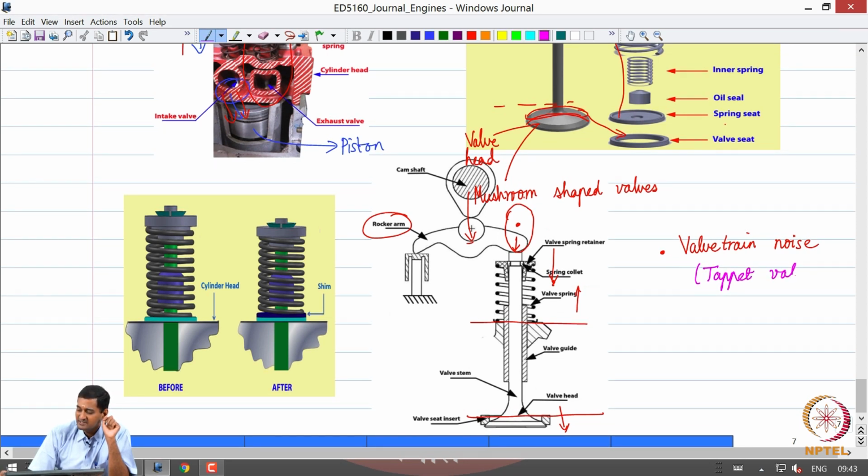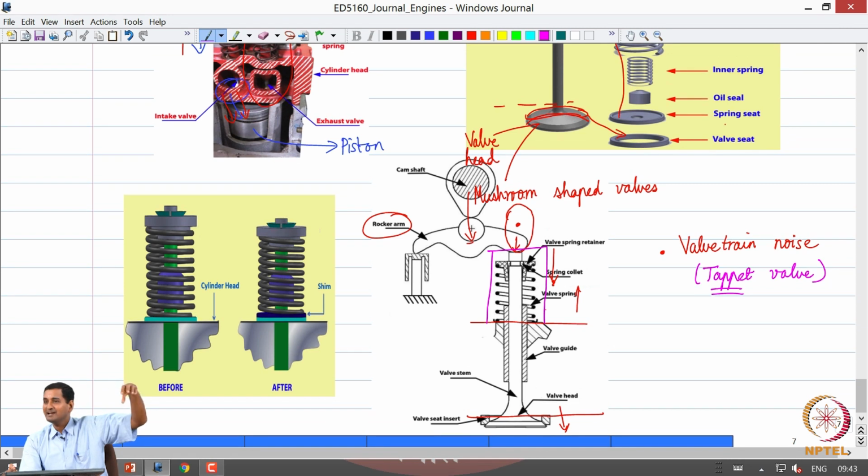What they do is that they put what is called a tappet on top of the valve stem. A tappet is nothing but an oil filled container which is just put there. So, the contact between the cam or the rocker arm does not happen on the valve stem, but on the oil filled tappet. So, that dampens out the vibrations. Okay. So, it essentially increases the damping.